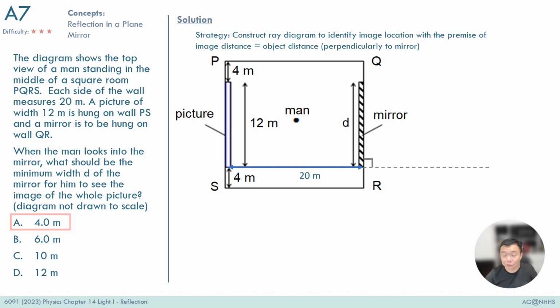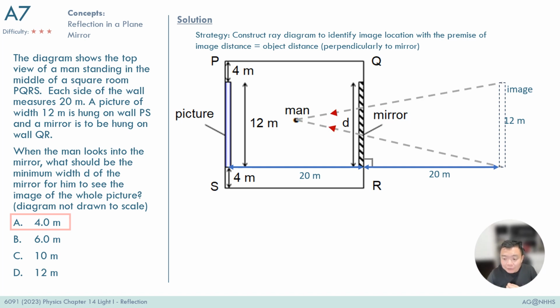That's the dimension of the room. And therefore, with this, the image can be located. The height of the image is 12 meters because the object and the picture is 12 meters long. So with that, I will now try to draw the light ray that allows the man to see the full picture, the full image. So you can see now two gray dotted lines that are drawn,